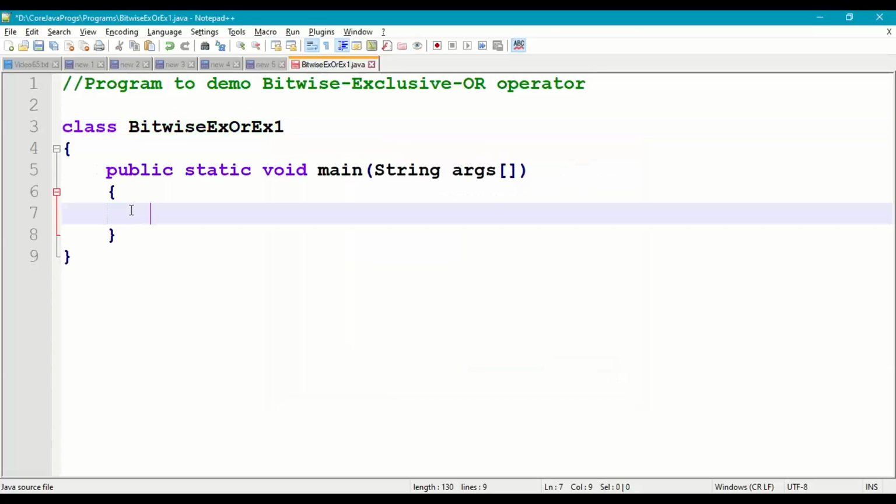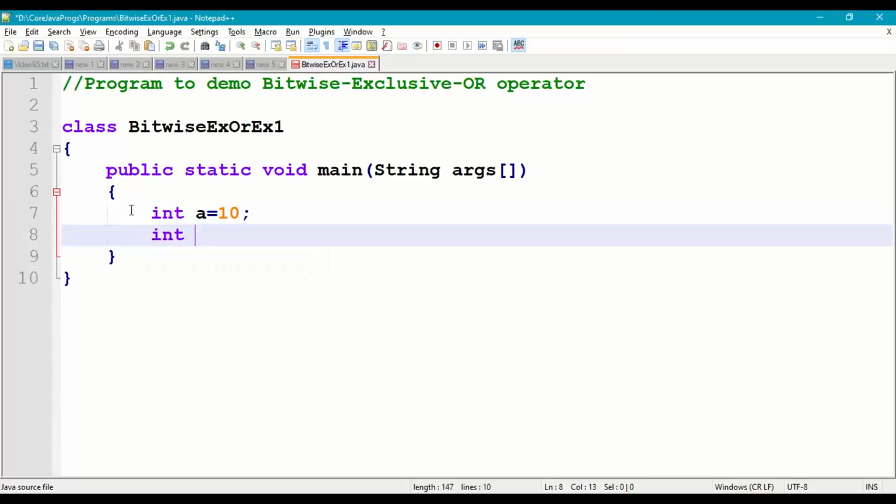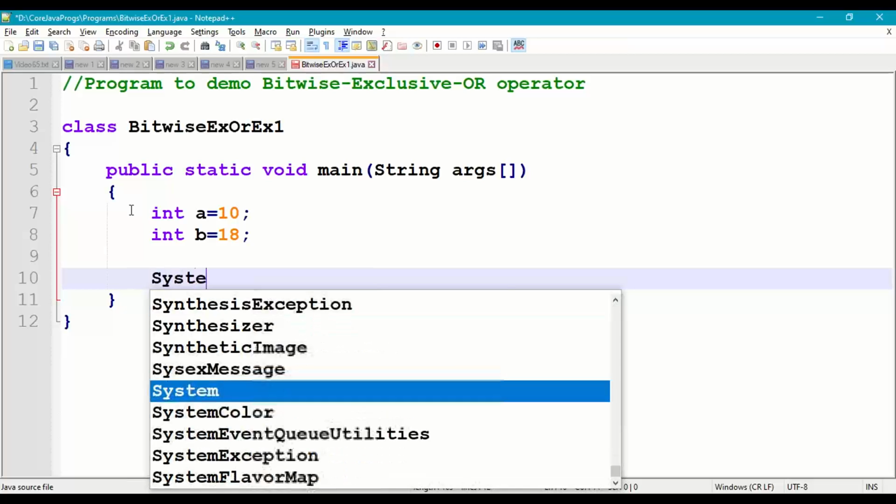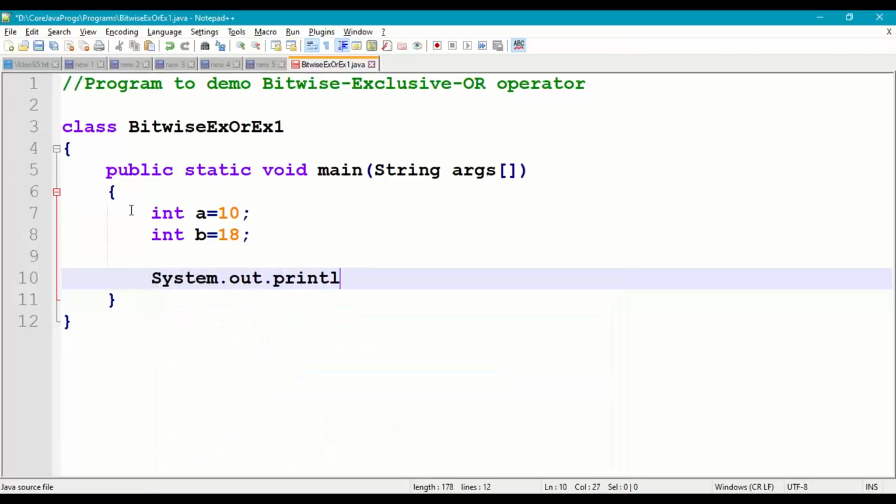Let us take two integer variables. int a equals 10, int b equals 18. Directly, System.out.println a exclusive OR b. Let us print a exclusive OR b in the println method.